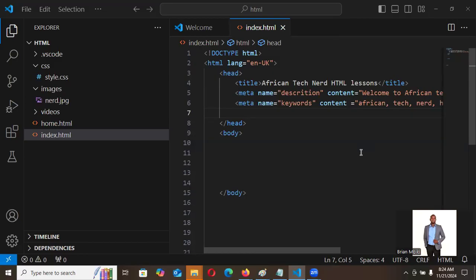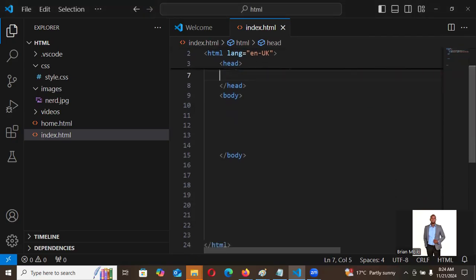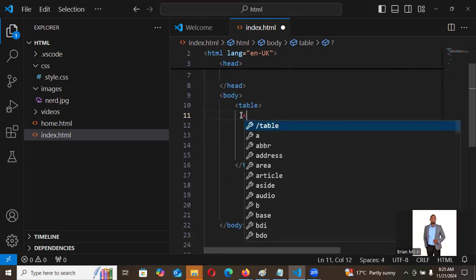So today we are going to cover everything about HTML tables, and specifically what you are interested in is how to write the HTML table code. This is how you open the table tag, as simple as that. And then the first thing you need to write, immediately after opening it, is something called